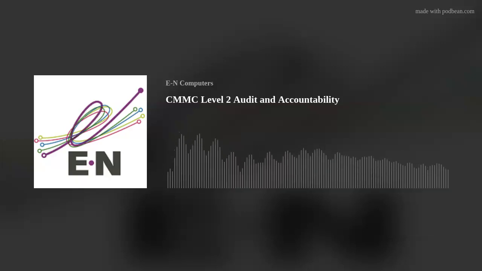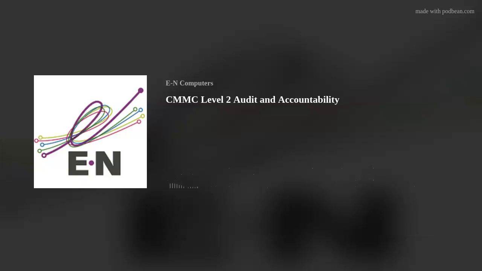B. An authoritative source with which to compare and synchronize internal system clocks is specified. And C. Internal system clocks used to generate timestamps for audit records are compared to and synchronized with the specified authoritative time source.